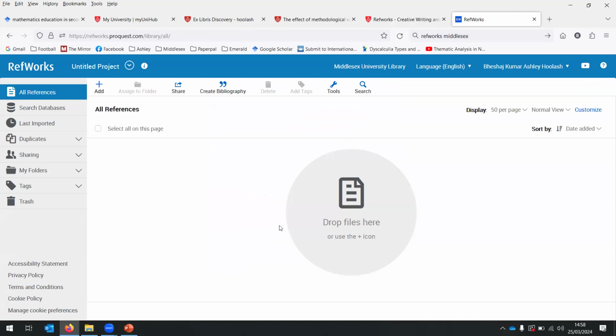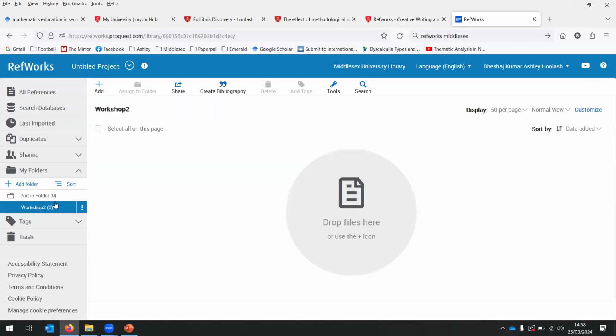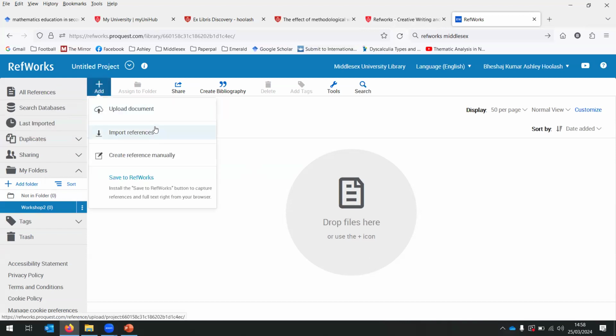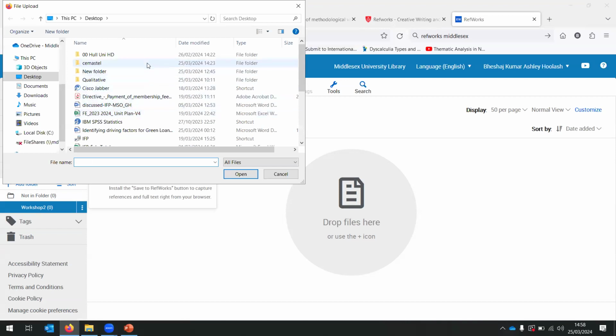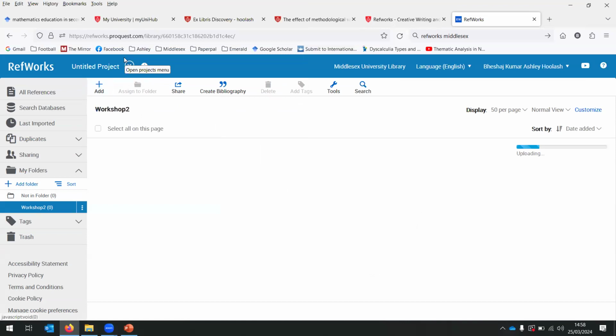So this is the platform again. You can come here, my folders, and you can create a new folder. So for example, I'm going to write workshop 2, right? So once I come here, I can drag and drop, or I can click add here. So let's click add and see, upload document, and there you go. Let's try this one. So this is another platform, RefWorks, where you can store your documents. Now I'm going to let it load up so that you can see the difference, or